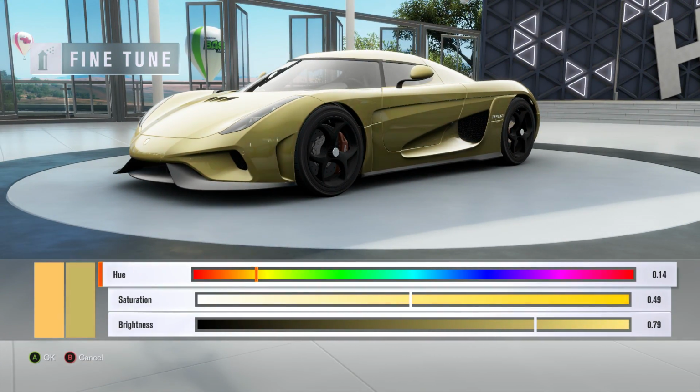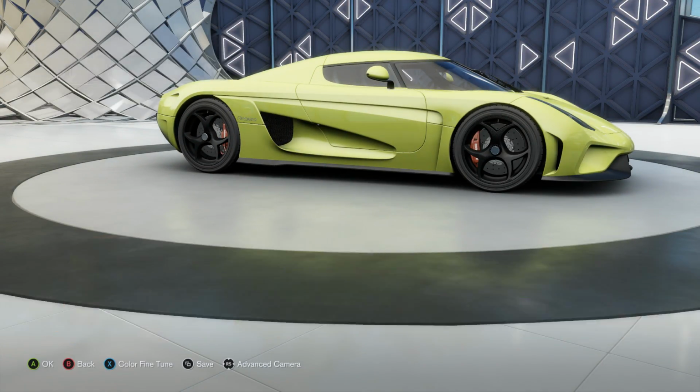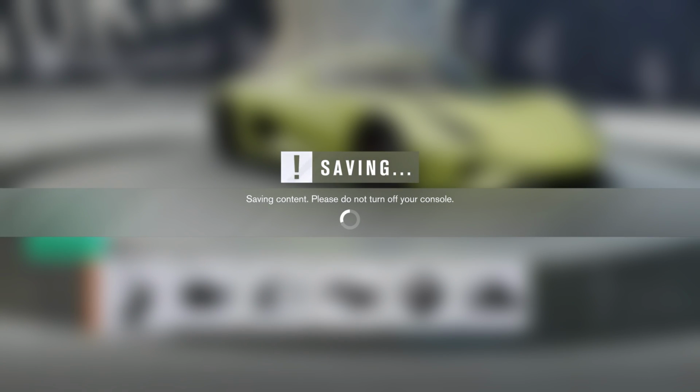So, at the end of the day, is it a cool color? Yes. To me, it's a cool color. To me, it's a unique color. It's something I would have on an off-roader, like a Jeep or something. Is it something I would have on a Regera? Actually, kind of yes, because even in street spec, this color does look really cool. So I would say, just for the sheer point of being different, hell yeah, paint your car whatever color you want,